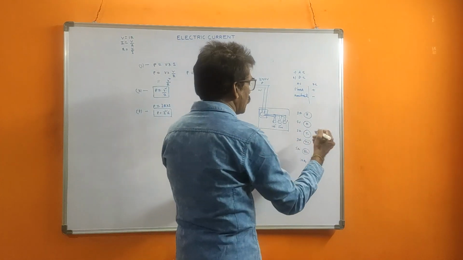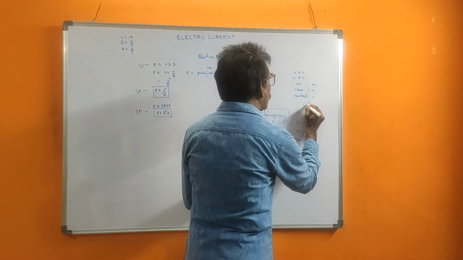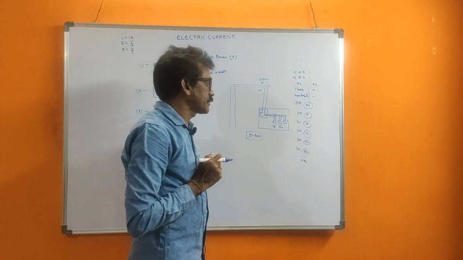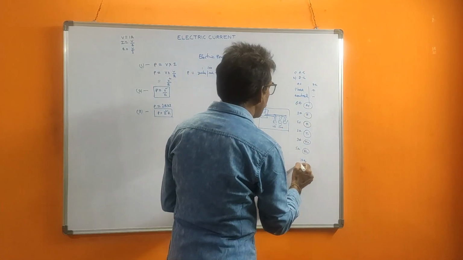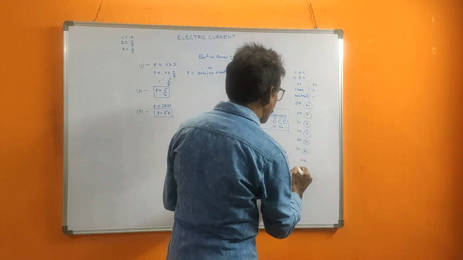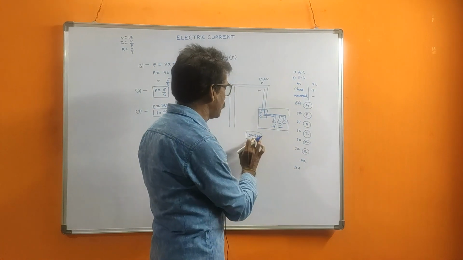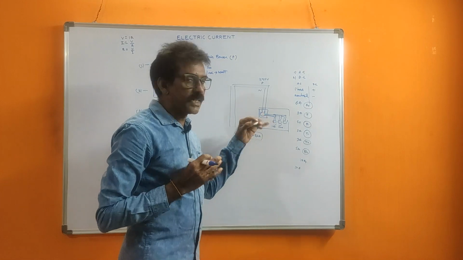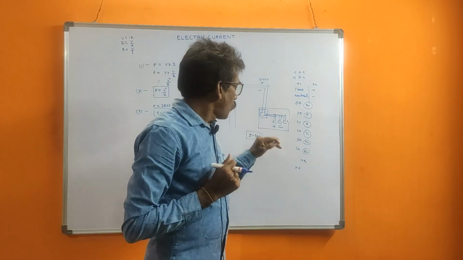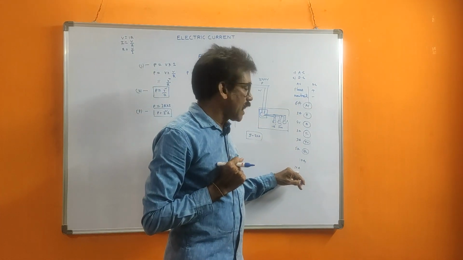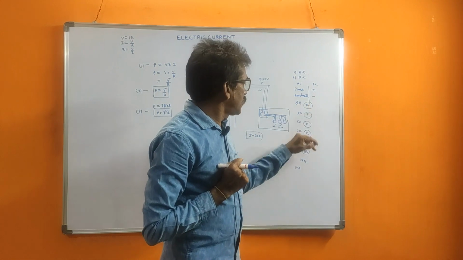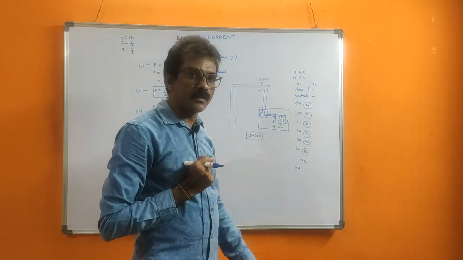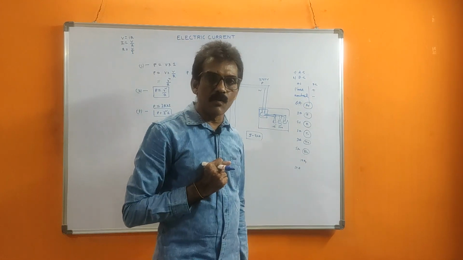Now another load, we are taking one big motor, that wants 6 amperes current. Then the total becomes 24 amperes. It exceeds that rating. So up to 20 amperes current only the meter can withstand. But we are taking 20 amperes along with these appliances, and we are adding this motor also. Then the total current passing through that board is 24 amperes.